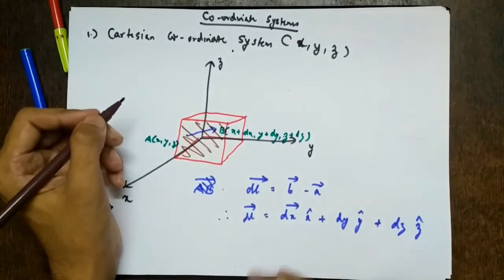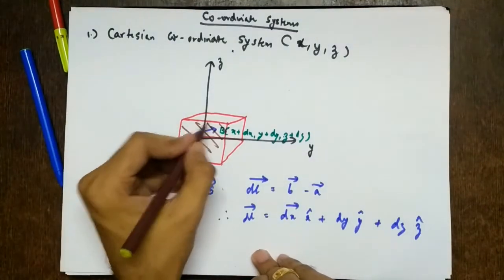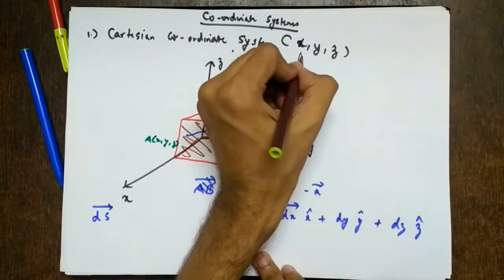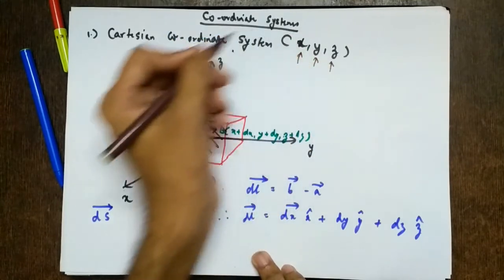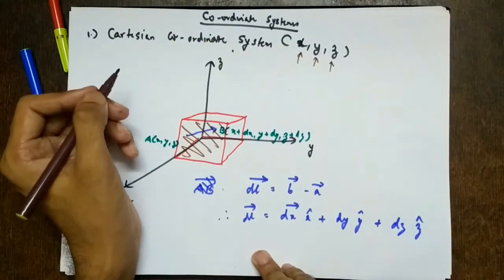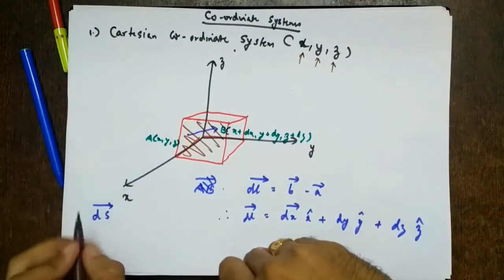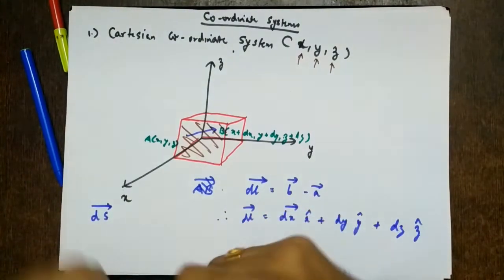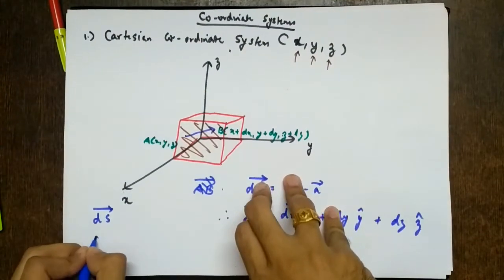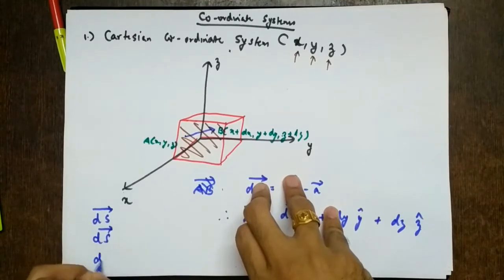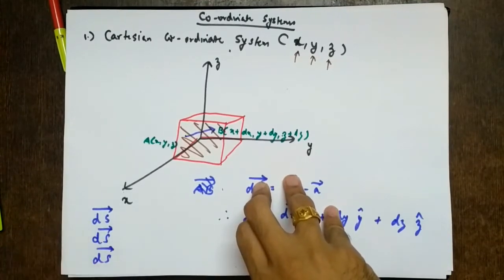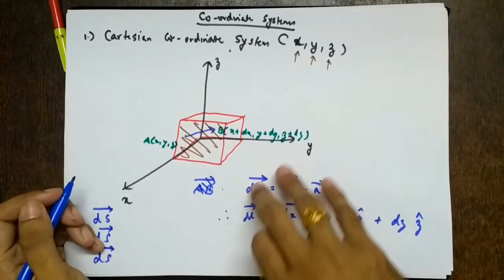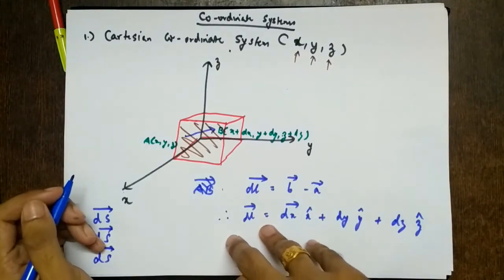So every coordinate system will have three surfaces, depending on the coordinates. Even if we consider cylindrical or spherical, we will always have three surfaces. So we will not have a single s vector. We will have three s vectors: ds vector, ds vector, ds vector. The next question is how to distinguish them. We distinguish them with the help of planes.